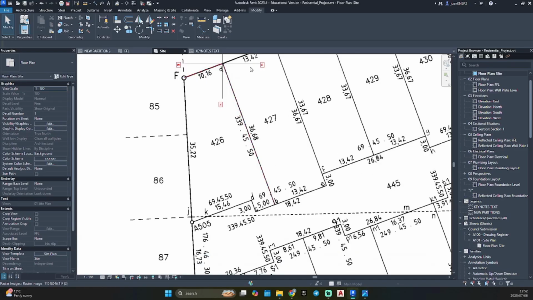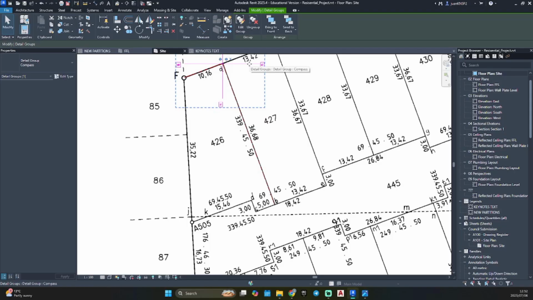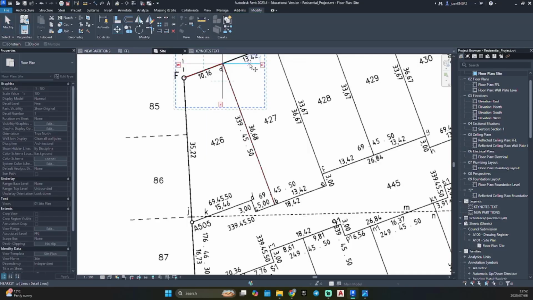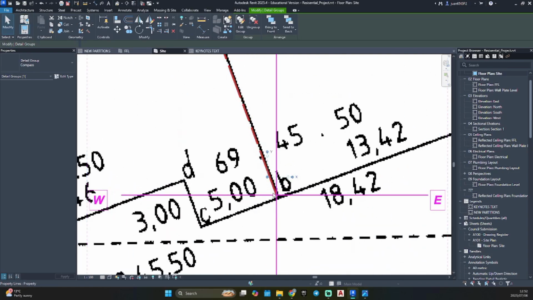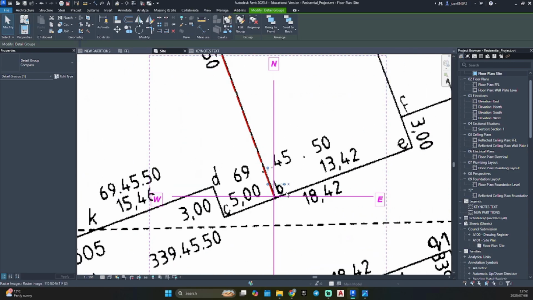So we can select our compass again. Hit MV on your keyboard, take it down to the next area. We're at B now.